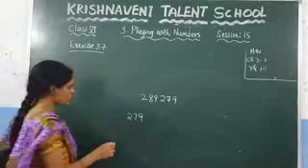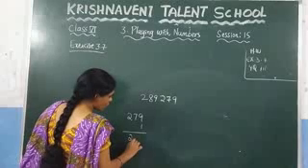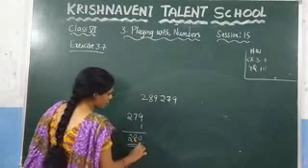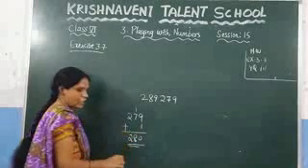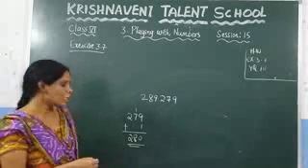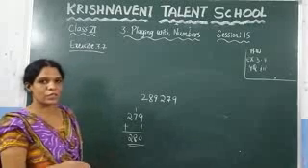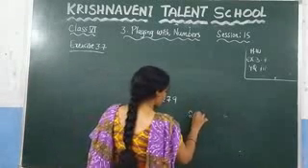Now add the smallest number. What is the smallest number? Here, 1. If you add this 1, you are getting 280, since 9 plus 1 gives you 10. Now you need to check whether this 280 is divisible by 8 or not. Otherwise, you need to add 2, otherwise add 3, like that. First check whether this number is divisible by 8.